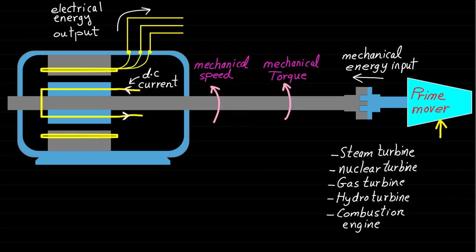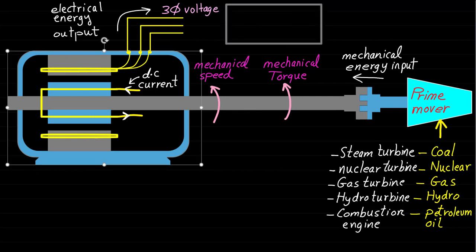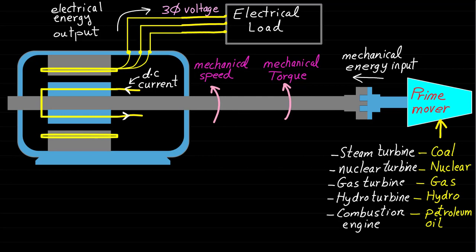Basically, these turbines convert different energy sources such as coal, nuclear, gas, hydro energy, and petroleum oil, to mechanical energy represented by mechanical movement and mechanical torque. The electrical output energy of the synchronous generator can be represented by these three-phase AC output voltage terminals connected to electrical load. The electrical load can be resistive load, inductive load, and capacitive load, or a mix between resistive, inductive, and